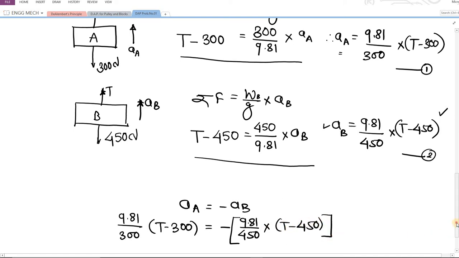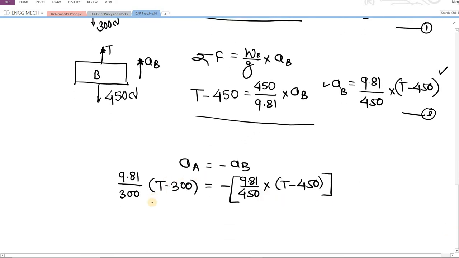Now since we have put the equations in their specific format, here you can clearly see everything is a numeric value except for this common parameter. What is that parameter? T. Now if you rearrange or directly input this statement into the calculator keeping T as the unknown, that is x, then the value of x in your calculator, or the value of T in our problem, after calculation is going to be 360 Newton. Remember the units, Newton. The value of T is 360 Newton.